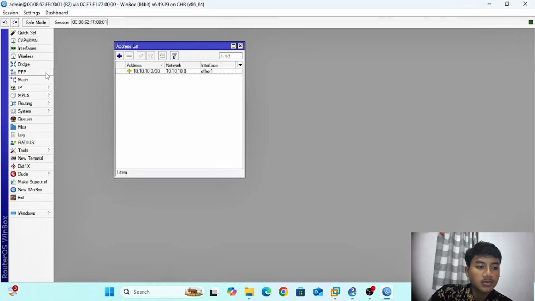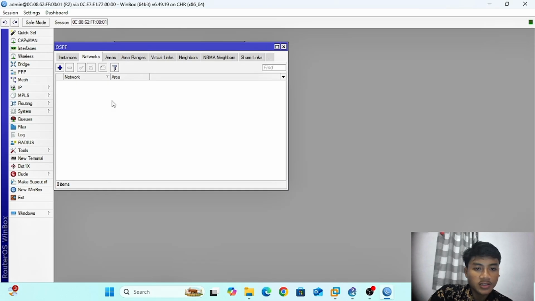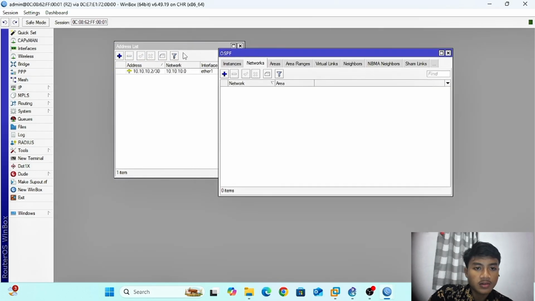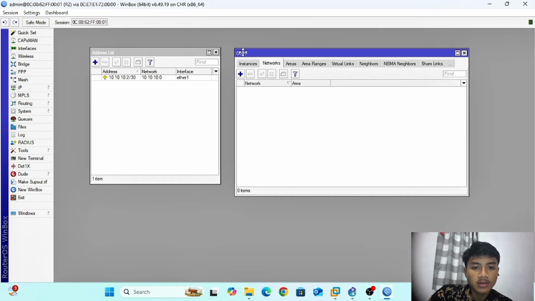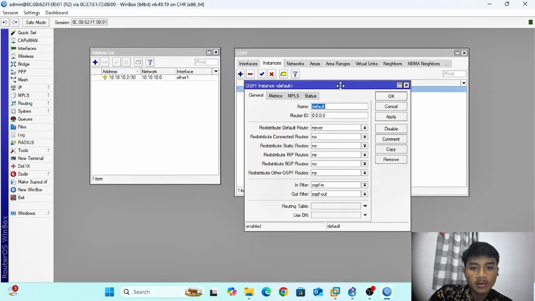Okay, in router 2, click routing OSPF like router 1. In tab instance, I will give router ID 2.2.2.2, and at redistribute connected routes, I will choose type 1.